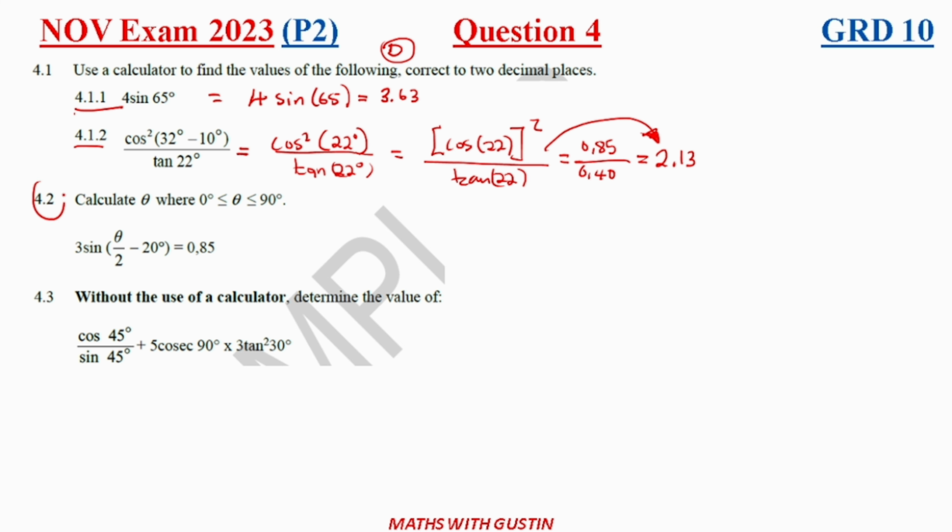All right, moving right along. 4.2 says calculate theta where theta is greater than 0 but less than or equal to 90 degrees. Okay, so now here we are solving for theta. 4.2 says 3 sine of (theta over 2 minus 20 degrees) close bracket is equal to